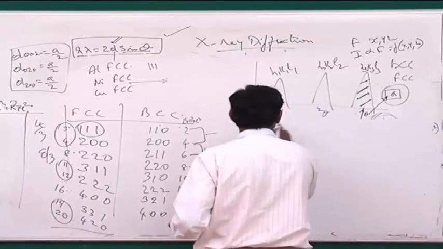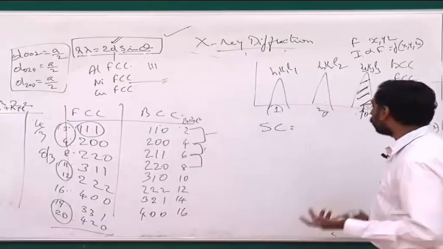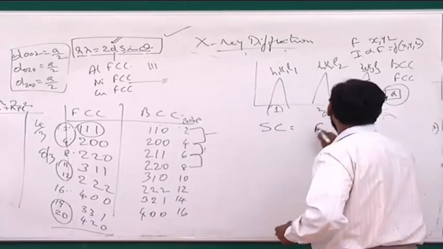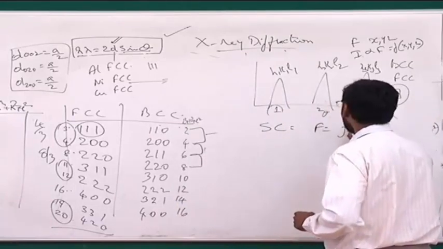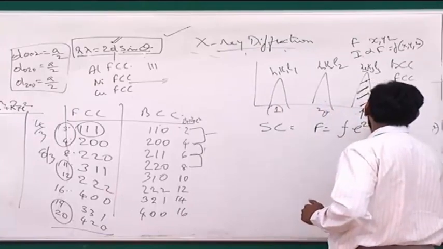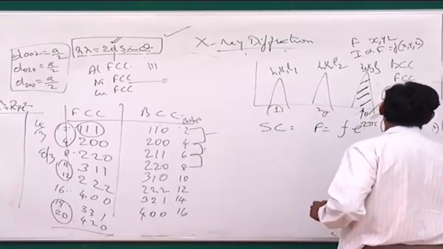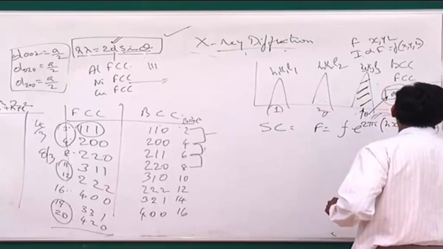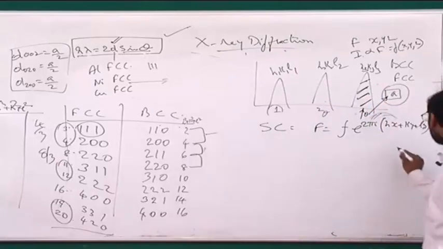Simple cubic, if I simply look at it, what is the structure factor F equal to? F equals f times e power 2 pi i (hx plus ky plus lz), right? In a simple cubic,